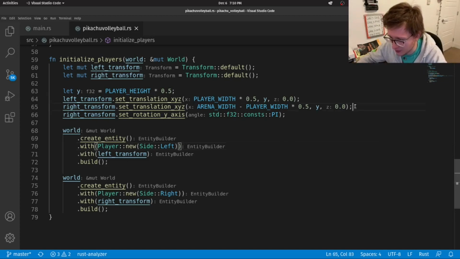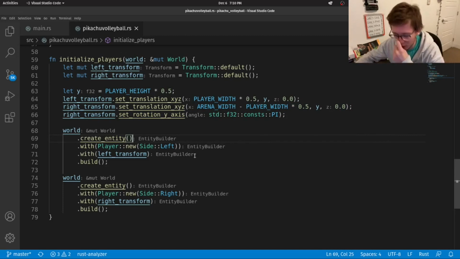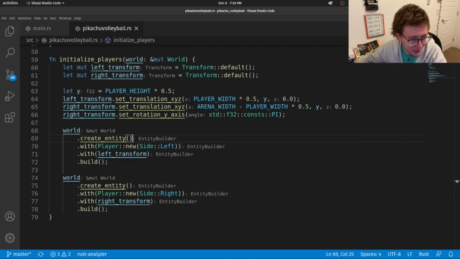Okay, so we did that, and now the last thing that we are doing in this line is just flipping one of the sprites that we'll use. Now, of course, we haven't gotten the sprites yet, but as you'll see in just a bit, we'll be using the same sprite for both Pikachus, and in the sprite, Pikachu is facing left. So for the right one, we have to flip it so that it's facing, wait, no, sorry, it's facing right. So in the other one, we have to flip it so that it's facing left. Kind of confusing to speak to the camera and point in different directions, but you get it, hopefully.